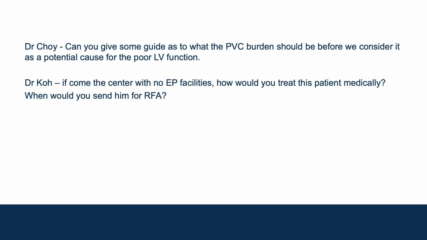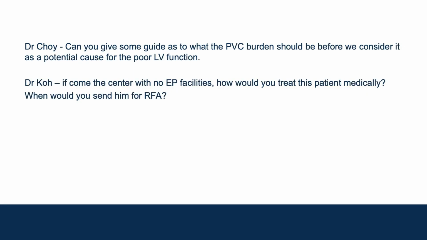Now, basically, patients with poor LV also have a lot of ventricular ectopics. So can you give us some guide? Which is the chicken and which is the egg? How do you know that treating the PVCs will actually improve the LV function, or is it just coincidental that the ventricular ectopics are there? Yeah, true indeed. In anyone who has heart failure, it is not too surprising to see PVCs. For example, if you do a Holter on anyone with an EF of 20%, you get maybe 3 to 4% PVCs. Anyway, my take is that the more morphological differences between the PVCs, the poorer the outcome.